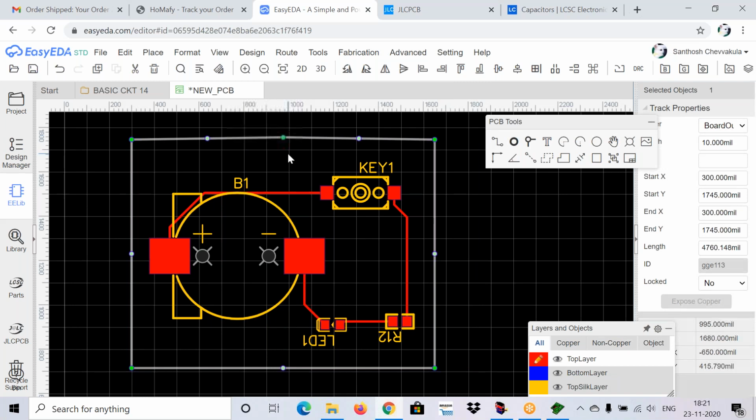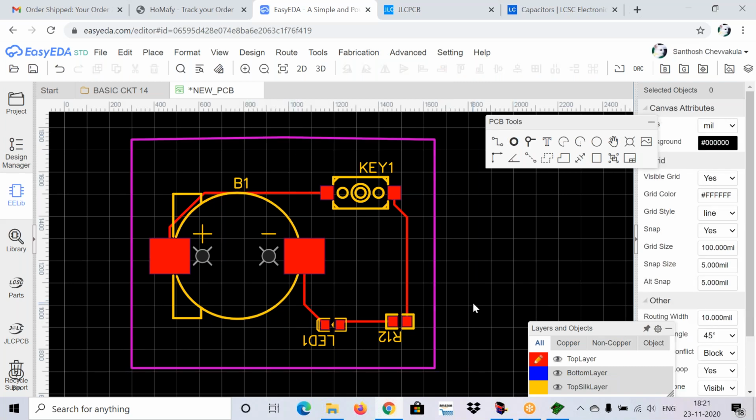Now if you want to add some text, sorry, before giving the text we need to give the copper area, after routing your circuit. If you go to the PCB tools, the dotted lines available at the bottom of text are the copper area.